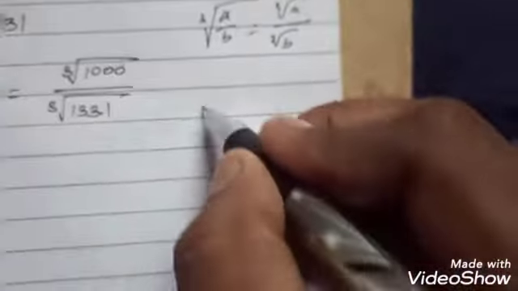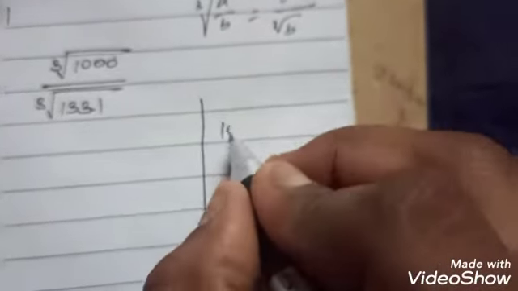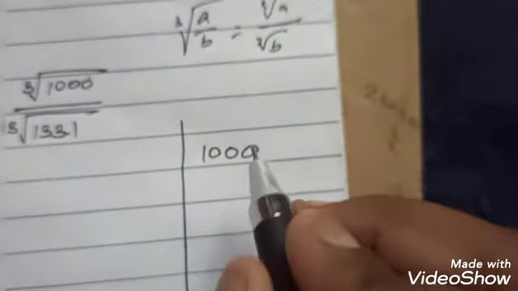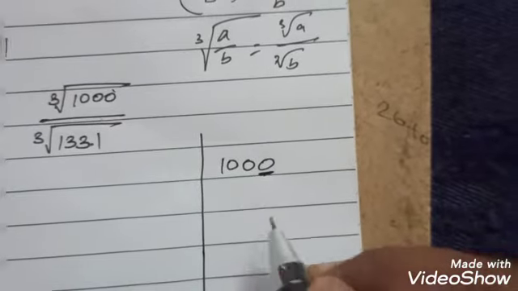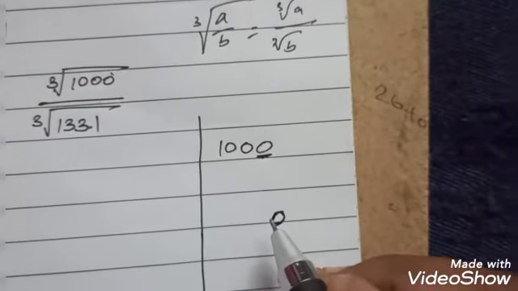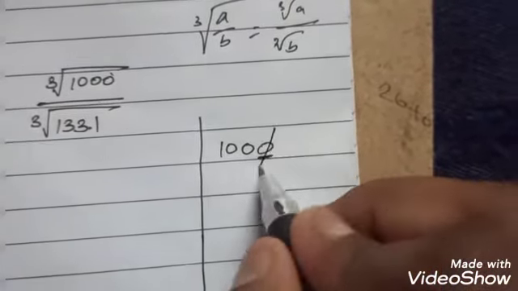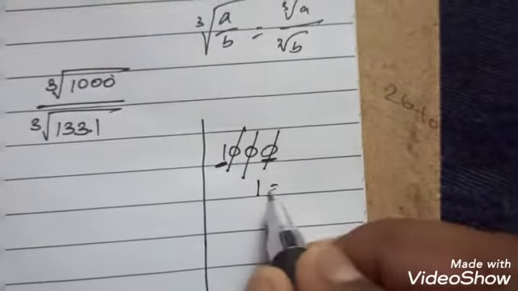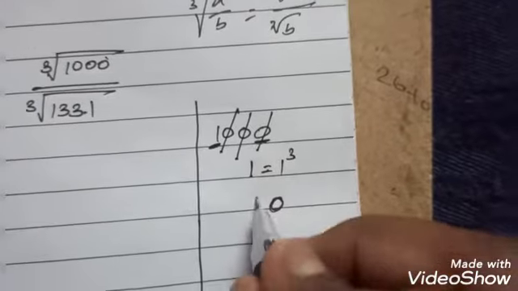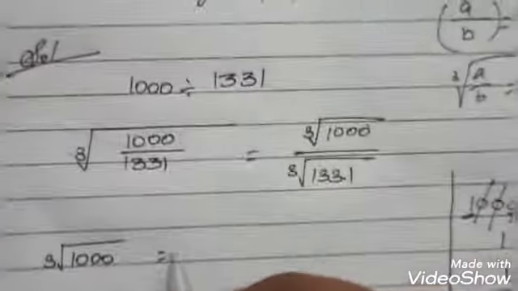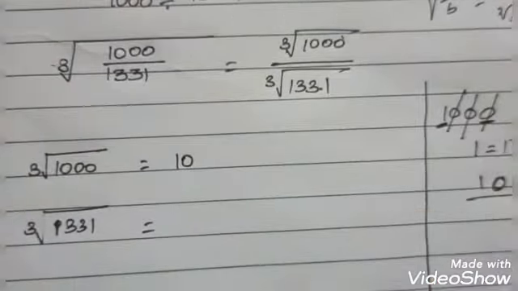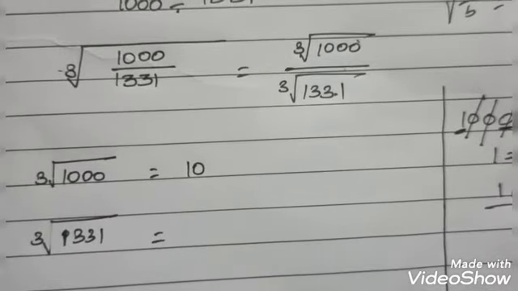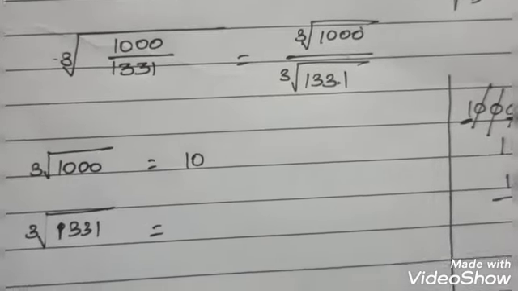Now you go to the rough column, you take 1000. You see the unit digit is 0, which means in the answer the cube root's unit digit is also 0. What next? You need to strike out 3 digits: ones, tens, hundreds. What is the value remaining? It is 1. So 1 is nothing but 1 cube, the value is 1. So the answer is 10. Okay, so you need to make the calculation quickly by using the shortcut method.